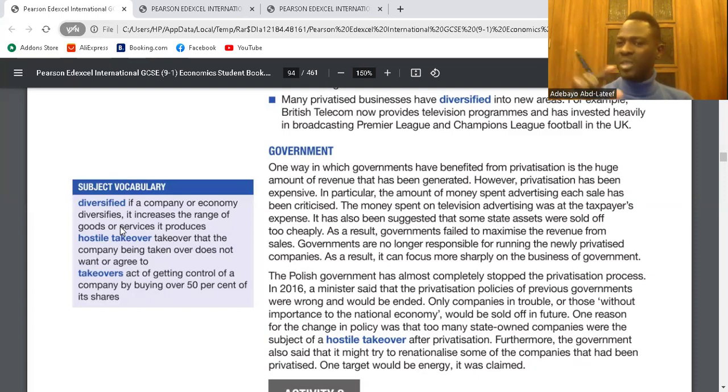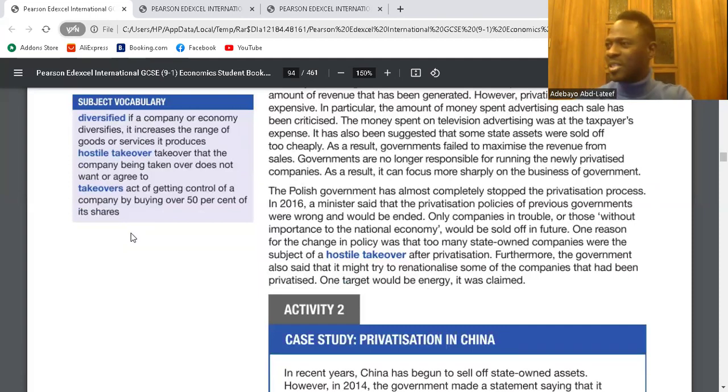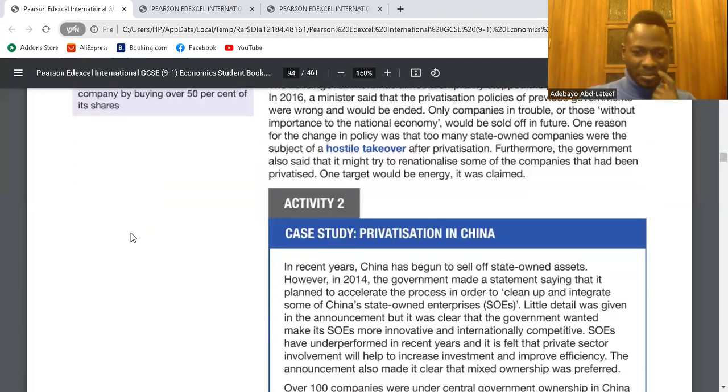But the problem about privatization through government is that government might have to spend heavily on advertisement to let people be aware of the sales of their property. You wouldn't know that government wants to sell this without advertising. So government might have heavily invested on advertisement to make it reach the public notice. Make awareness for the people who want to buy. So that's an expensive situation there. I think it's clear. Because the rest are stories that we don't need.